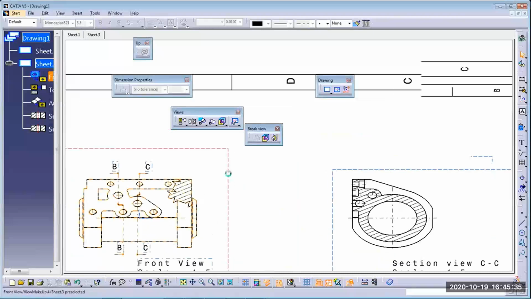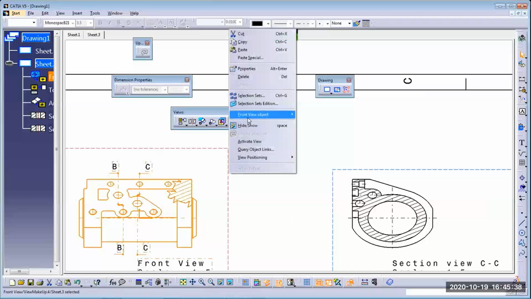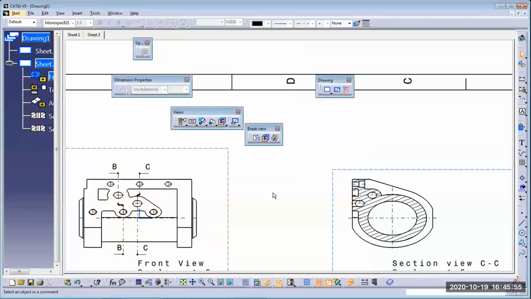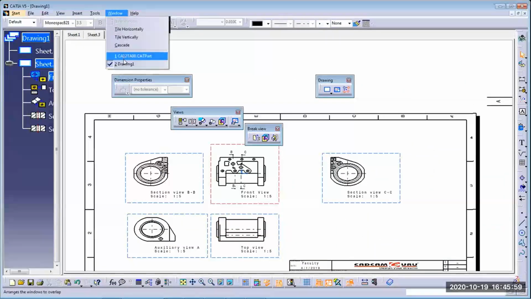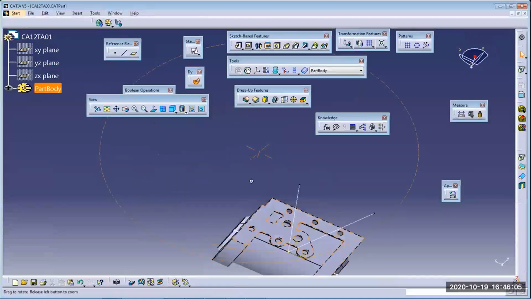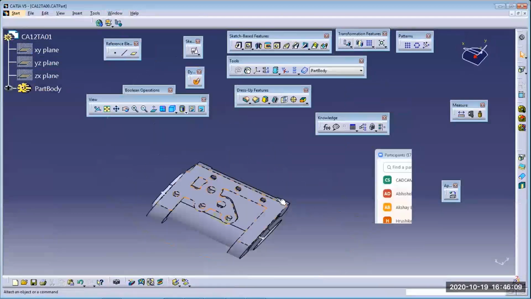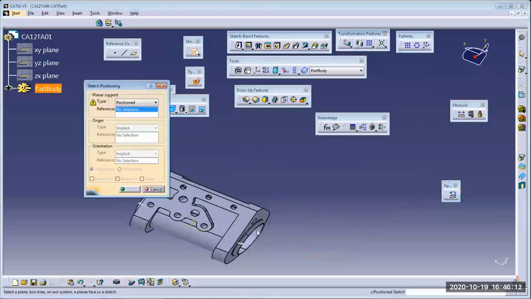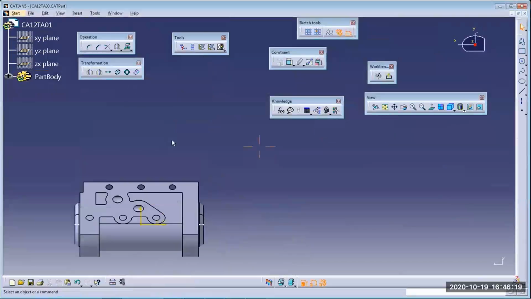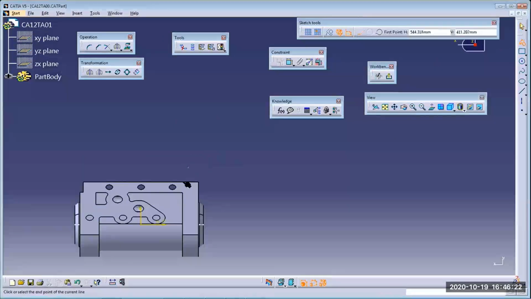If you want to cancel that breakout view, you right click here on the front view object. Are you finding any options related to breakout view? Correct. What is this? Remove breakout. It will cancel that breakout view. So I'll do the same thing to understand the steps in the 3D model. Okay, suppose this is our front view, and in this view I want to cut some partial location. Then generally in this 3D model we'll draw the sketch, and that can be any polygonal shape.